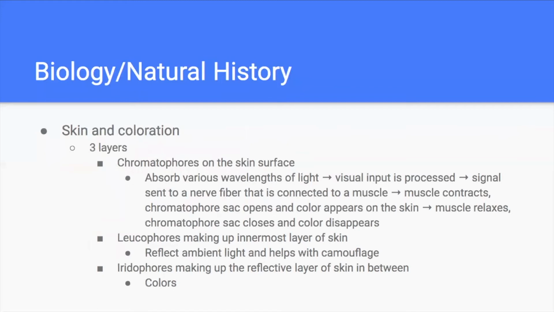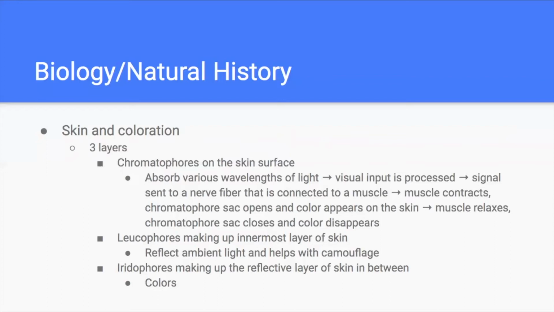For their skin and coloration, they have 3 layers of skin that contain pigment sacs. And the first layer on the surface contains chromatophores. And these are pigment sacs that are filled with red, yellow, or brown pigment. And how this layer works is the chromatophores absorb various wavelengths of light, and then these wavelengths that they've absorbed